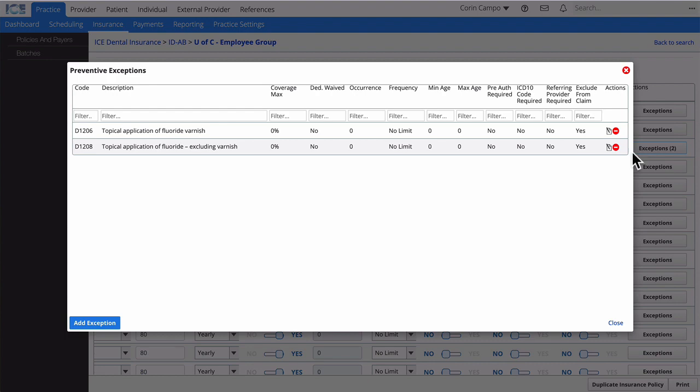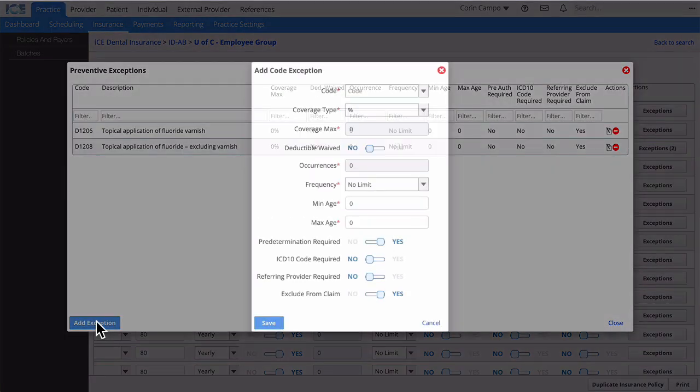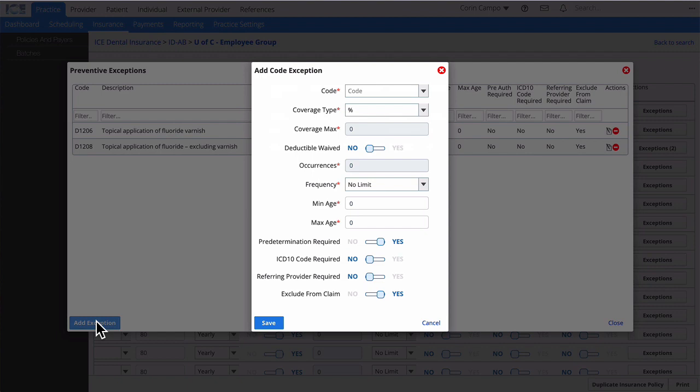I'm going to show you the add exception options so you can see what some of the other options are. So you could change coverage types from percentage to dollar, set a max dollar amount for certain things that are only covered that way as opposed to a percentage. If there's limits on the number of occurrences or frequency, if you've got age restrictions for things like fluoride or sealants, and then whether or not these codes require predeterminations, diagnostic codes, that's the ICD-10, if they require referring provider to be included, or if you just want to exclude this particular code from a claim at all. There's a lot that you could play around with here depending on the details of the policy, but I'm going to close out of here now that we've seen